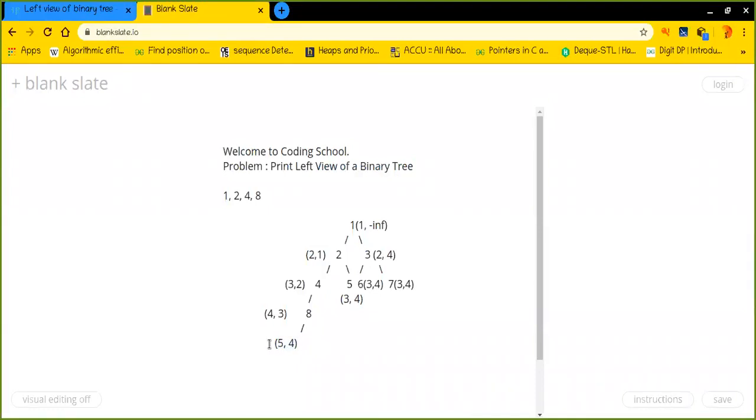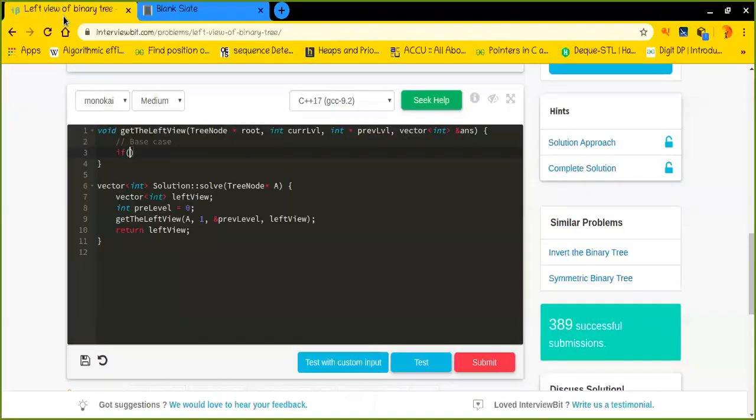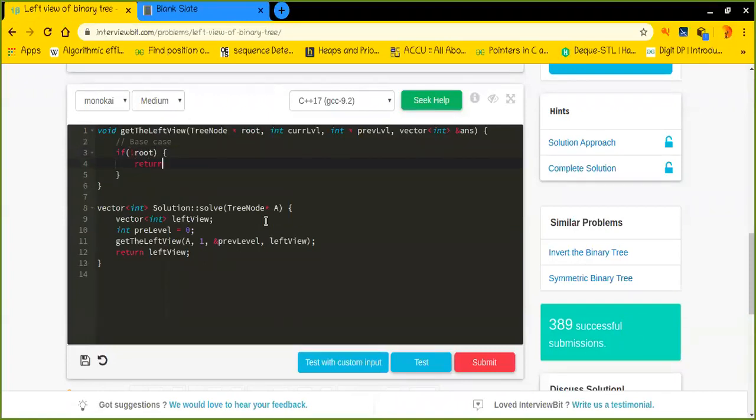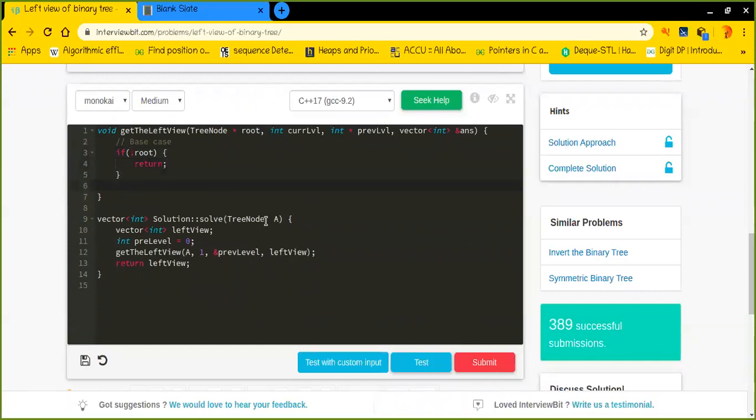So do we need to check this particular condition anymore? No, we cannot check this condition, as we do not have any data to show. So when we find that there is no root available right now, we will simply return from where it had been called.